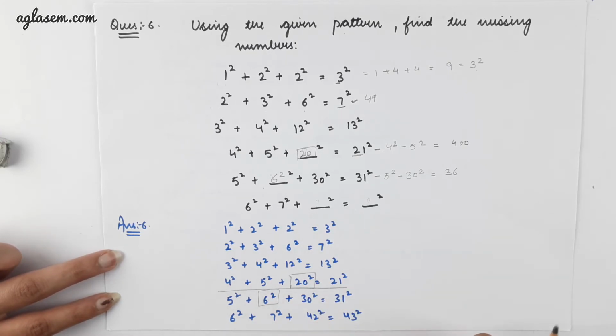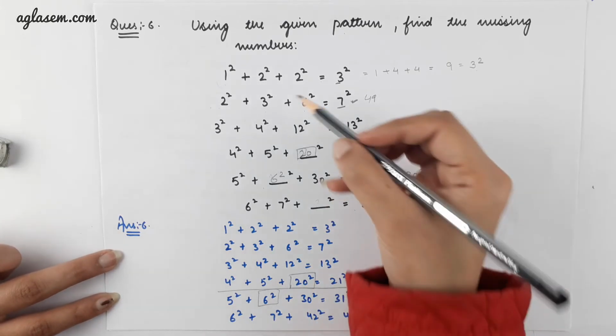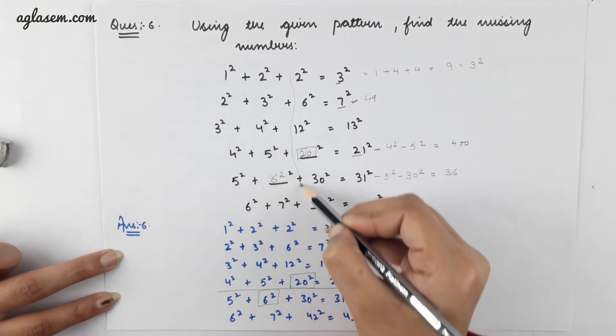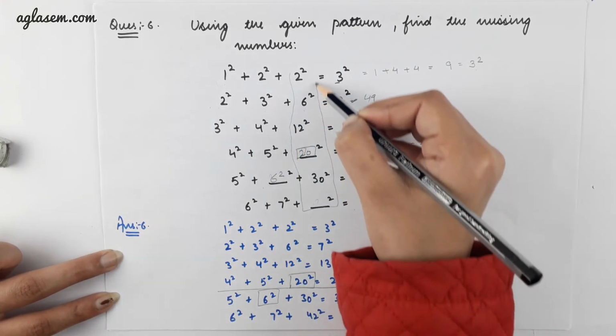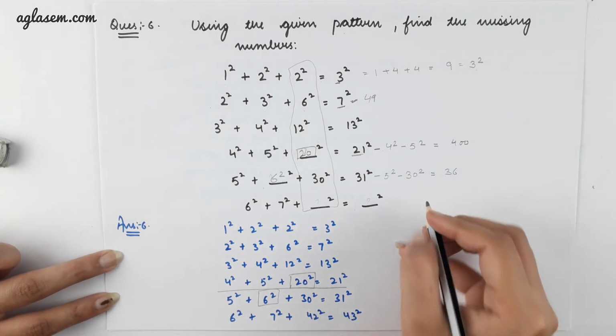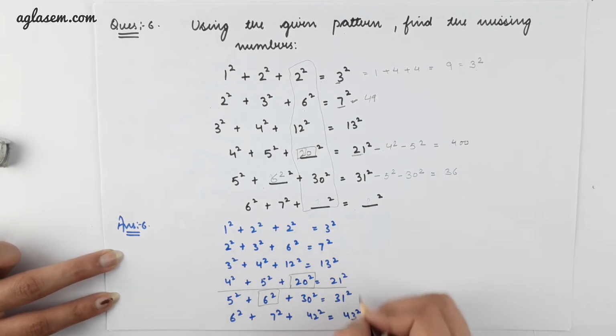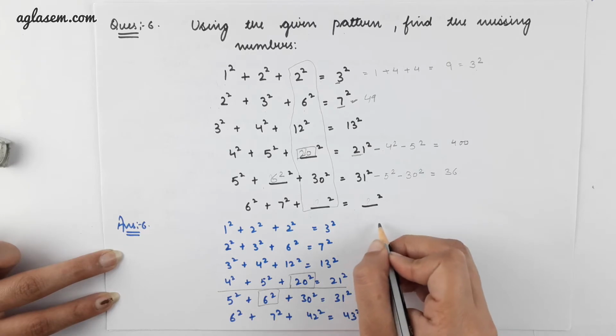Okay, now in the last series we have been given 2 blanks. So it would be difficult for us to know what should come in either of the blanks. So for this series we have to observe the series in the third digit. Here we can see, I am solving it here for you guys.